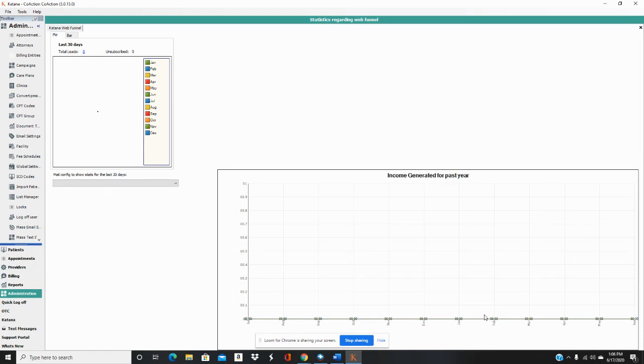Katana comes preloaded with some sample insurance payers. A clinic can edit the payers listed with the info that matches their area, or inactivate them if they are not useful. To prepare to enter all the insurance companies into Katana from a previous software, we recommend a clinic